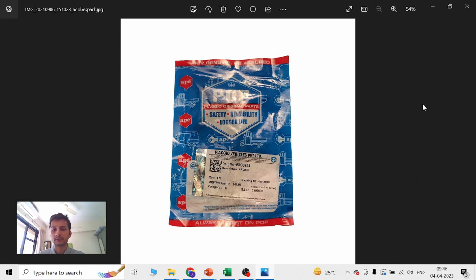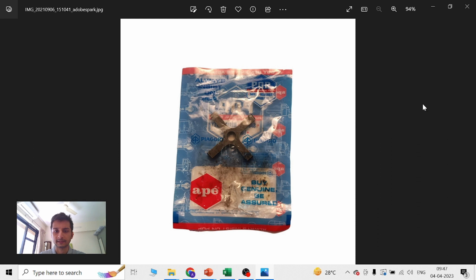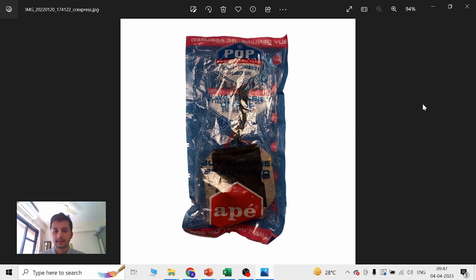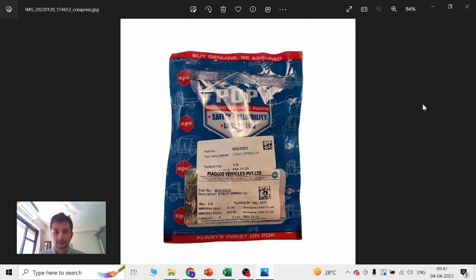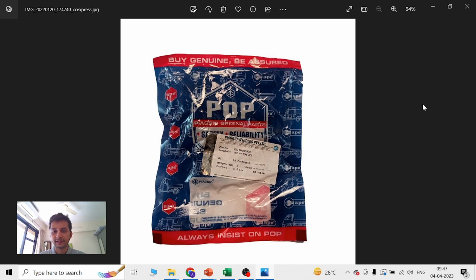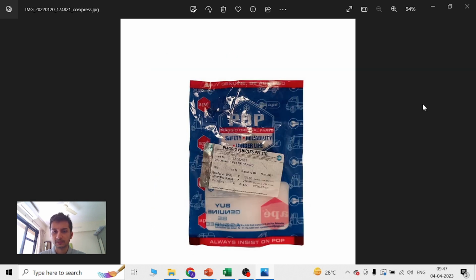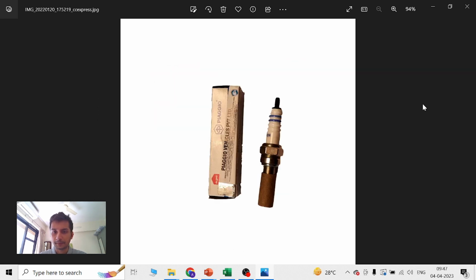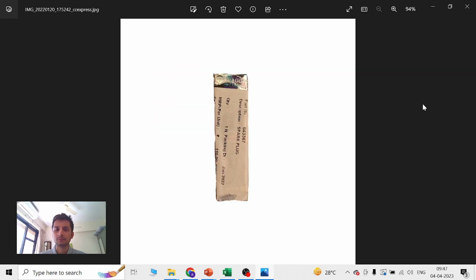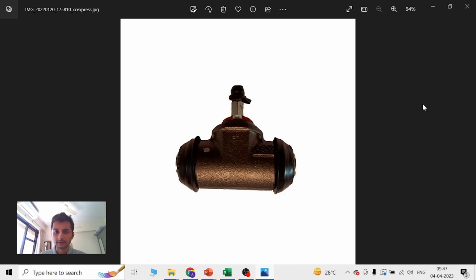So let's go through the products. So this is Cross BWO. You can see the part number there, BWO3924. So if you put the part number in the price list, you will get the price. So this is voltage regulator, RR unit. This is spring. This is valve set of valve, very fast moving. This is plain spring 1A002661. This is spark plug, again very compact, very small, fixed packed wheel cylinder.